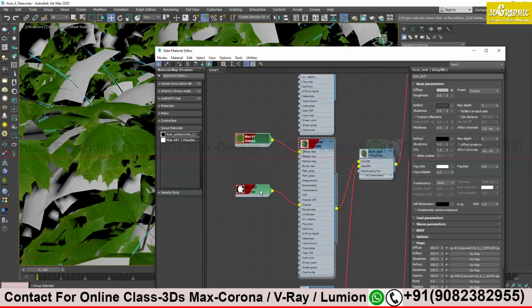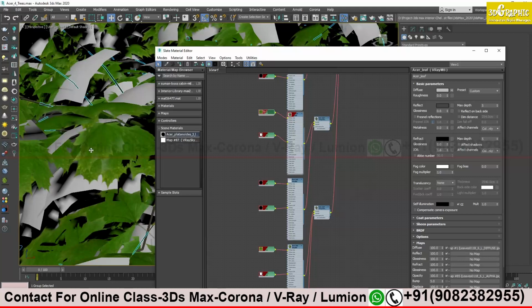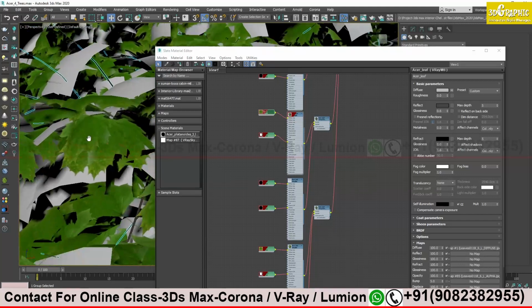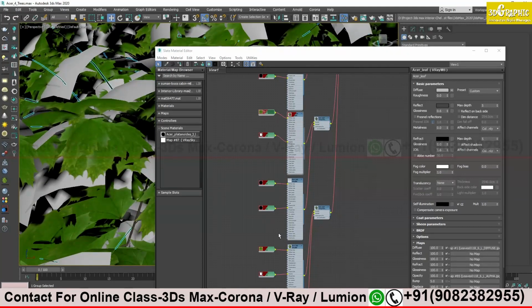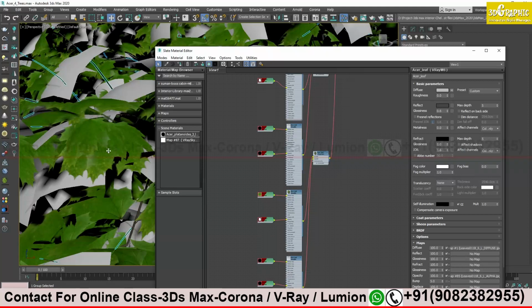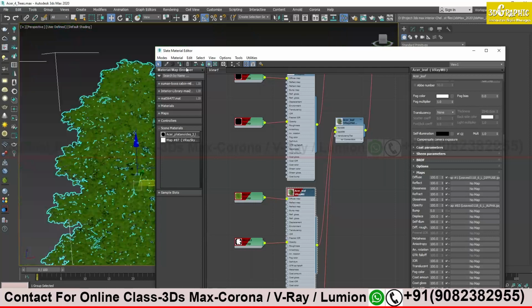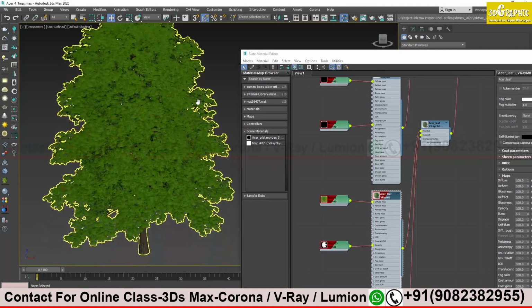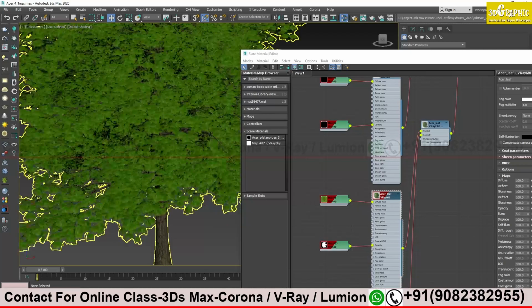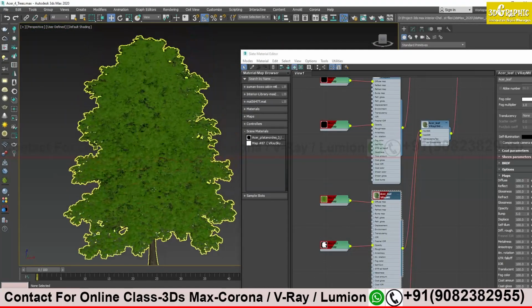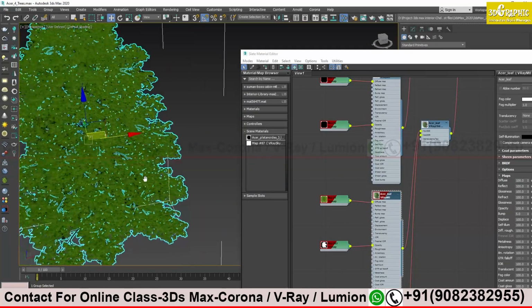So it will not show in the viewport, but when you render it, it will come absolutely fine. When you render, it will come proper. But just to save your computer from hanging, 3ds Max will not show it by default. If you want to see it, you have to manually apply show shaded material in viewport. See, now the complete plant has come, the complete trees have come. So is this your question or anything else?